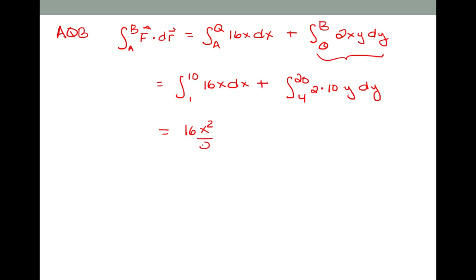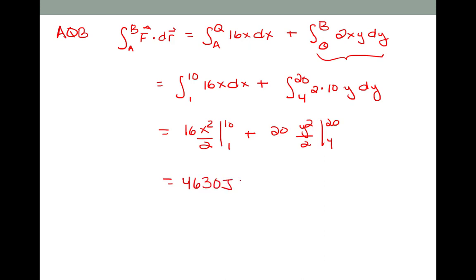Again, doing the integrals, plugging in the limits and adding everything up gives me